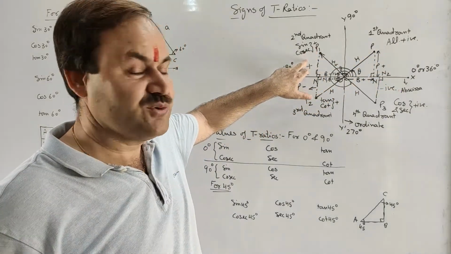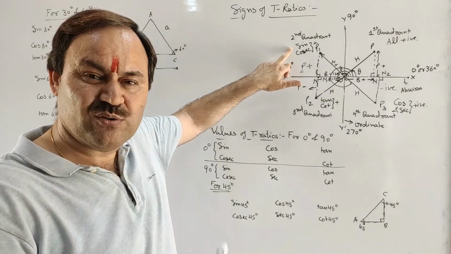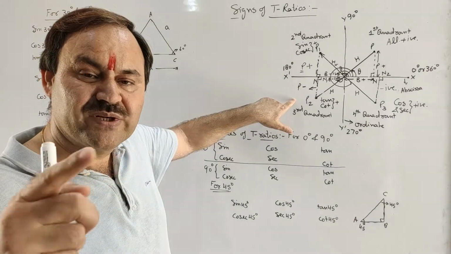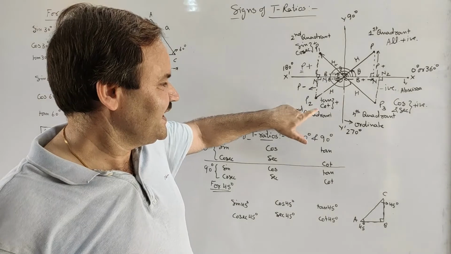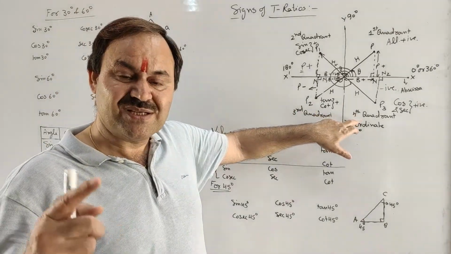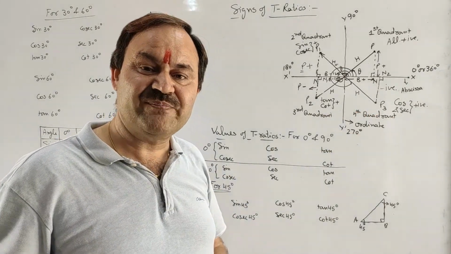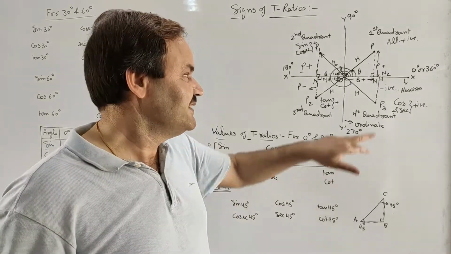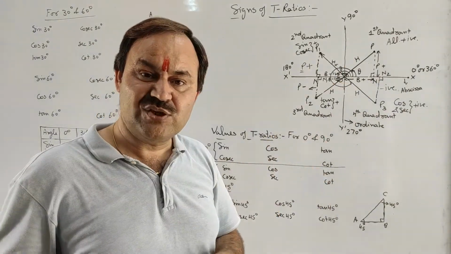Now sugar, S stands for sine, and when sine is positive its reciprocal cosec will also be positive. 2, third quadrant, 2 gives T, and T means tan. So tan and cot will be positive in the third quadrant. Coffee gives us C means cos and its reciprocal sec. So by using "add sugar to coffee" we can remember the signs of T ratios in various quadrants.